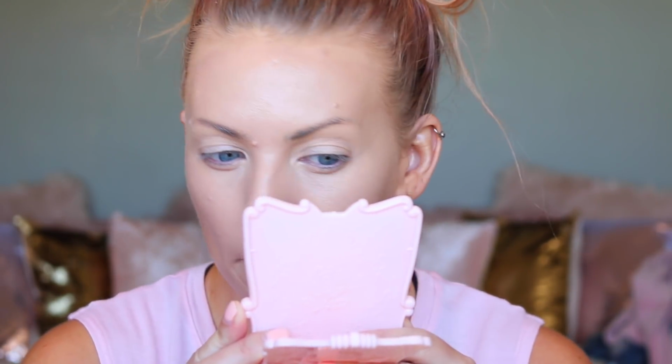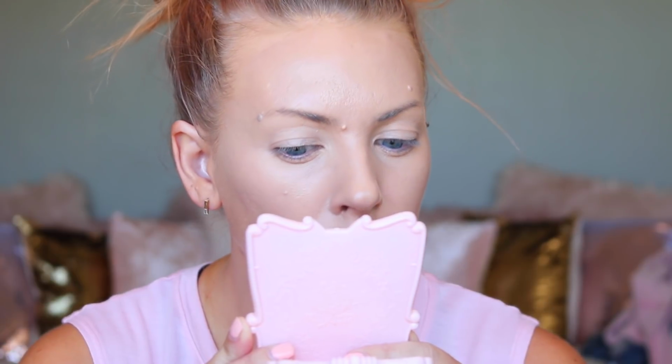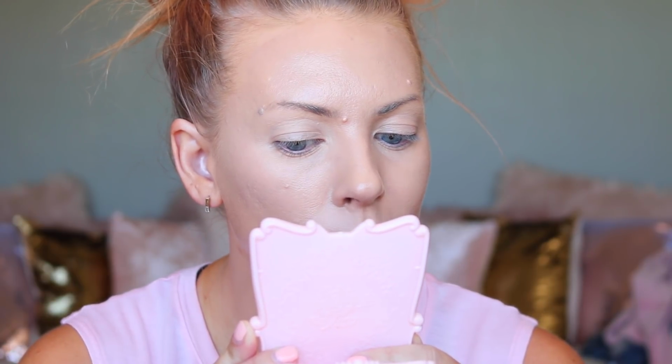I feel like it's very similar to the Shape Tape or even the Milk one that I've been using. The only difference is that you get a lot more product coming out. It's much easier to use. As of now, I'm not seeing anything specifically magical as far as the concealer goes. Once it's on my face, I will just say that the convenience and the size of the bottle and the size of the